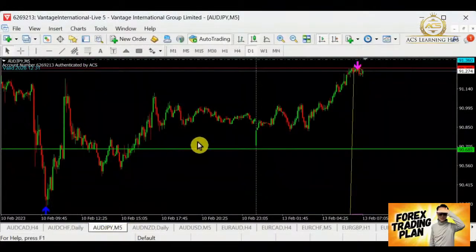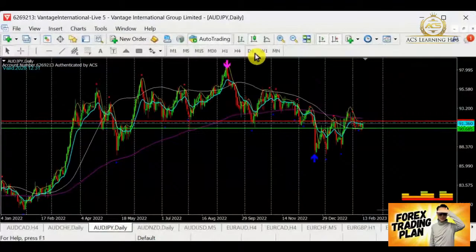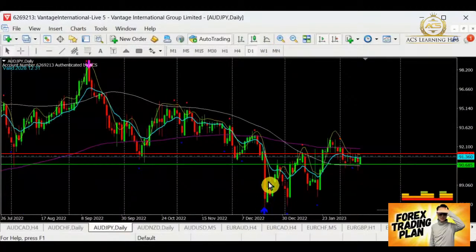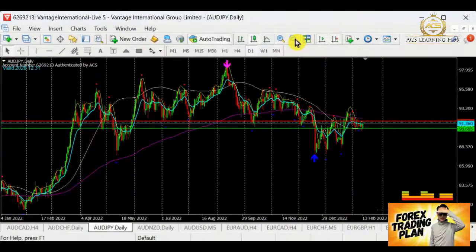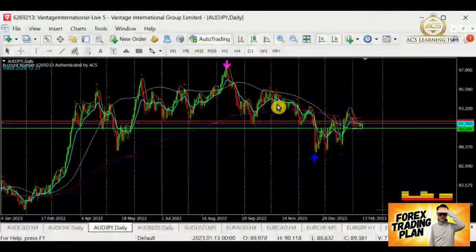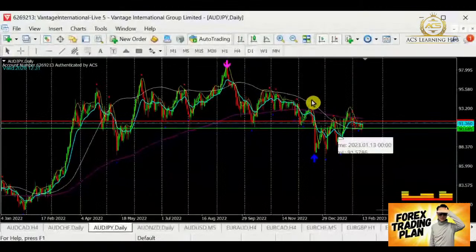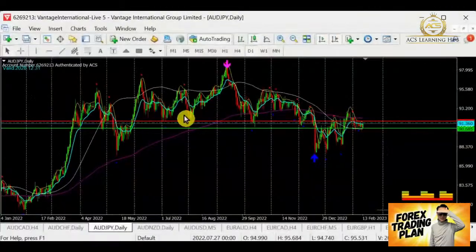For Aussie Yen, we can see that it is also escalating up as a higher support over here to become a bull, so still on the buying side. Tentatively, it's not 100% a bull. It may be a bear still coming in, but the retracement is very strong here. So today, I'm going to stay away from the Aussie Yen first.